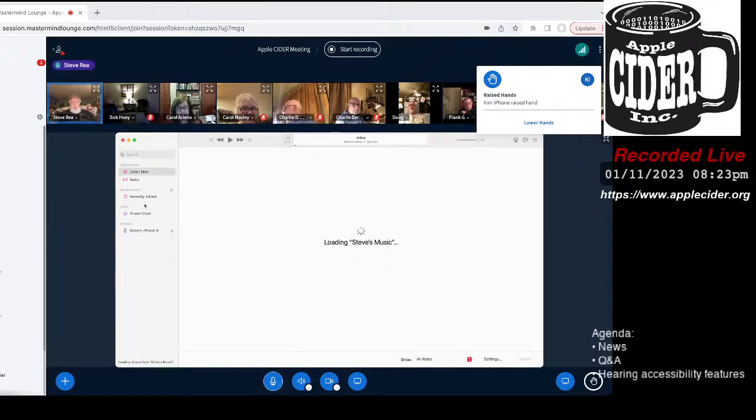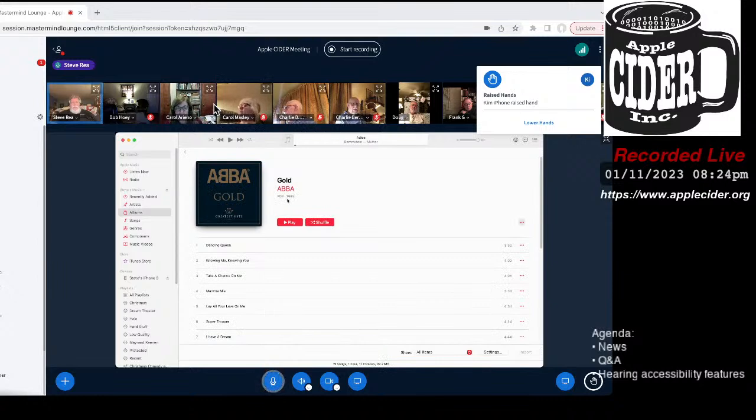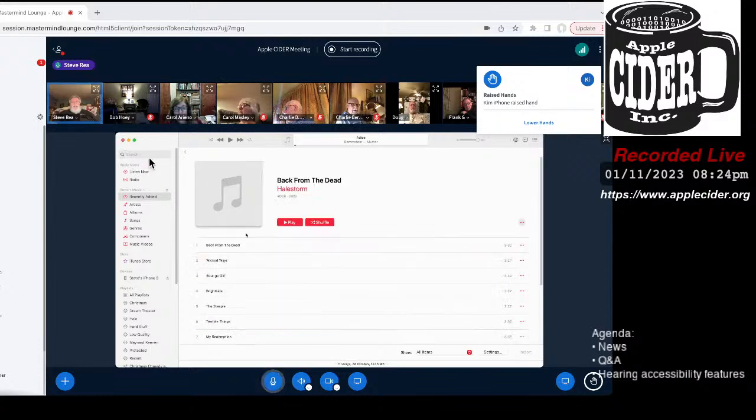So now it's loading the music from my other computer, and I can play that music, and I can even import that music into this computer if I want. I just happened to pick ABBA because that was alphabetically at the top. We can go to recent and bring up Hailstorm. So that's kind of handy if you keep all your music on, like, a main iMac, but on your phone and your tablet you still want to be able to play that music. You can play it without needing to put it on that other computer.